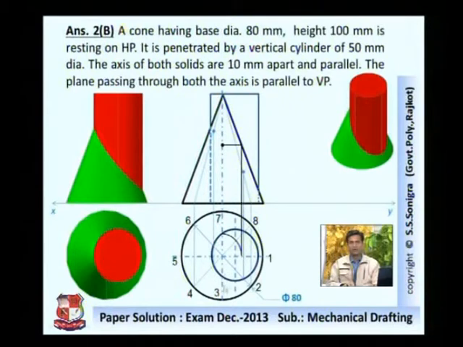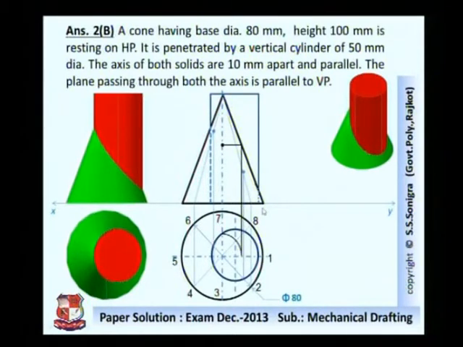Similarly, you can find out for O3. Take O as a center, O3 as a radius, draw an arc, and from there draw a vertical line, and that will cut O dash 3 dash at this point. So these are the points. Now join all these points with a smooth curve as shown over here, and that is the curve of intersection, this curve, or you can say this curve.